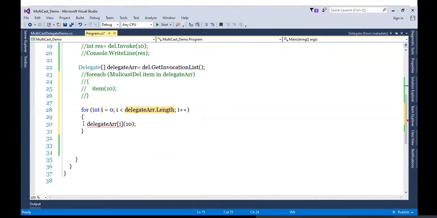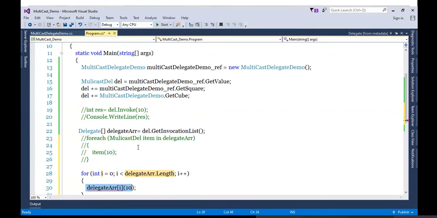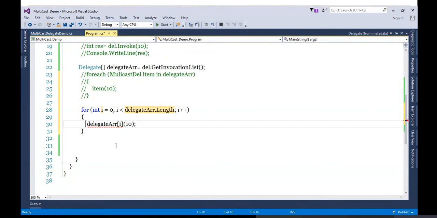So what I need to do is typecast this delegate array into my type, and only then will this be possible. So what I will do is typecast my array, and then this error will go.